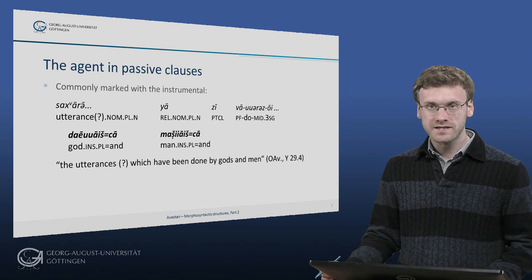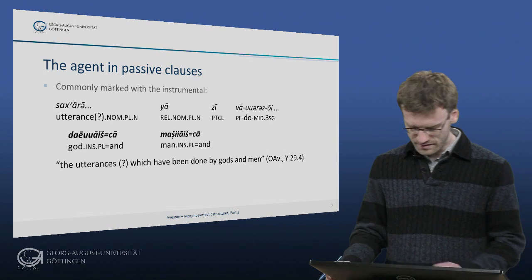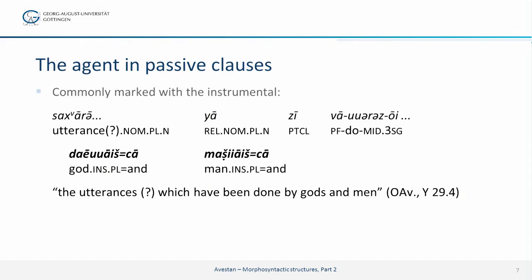The agent in passive clauses is commonly marked with the instrumental case. Let's look at this example. Sachware, ja, sie wabere soi, dai vaischa, mashiaischa. The utterances, we're not quite sure what that word means, but I translate it as utterances here. Sachware, which,